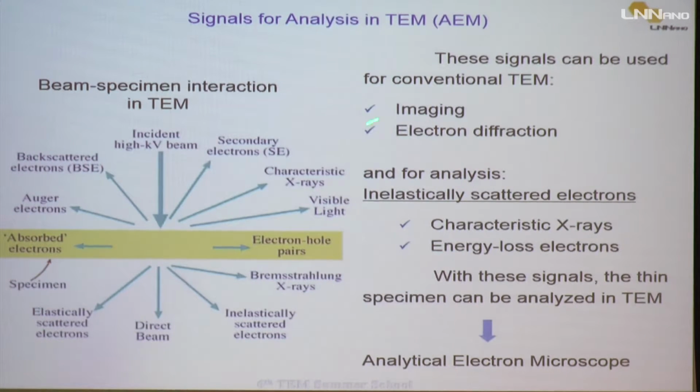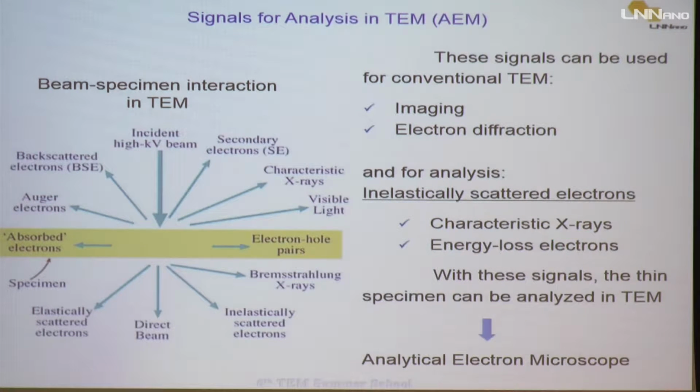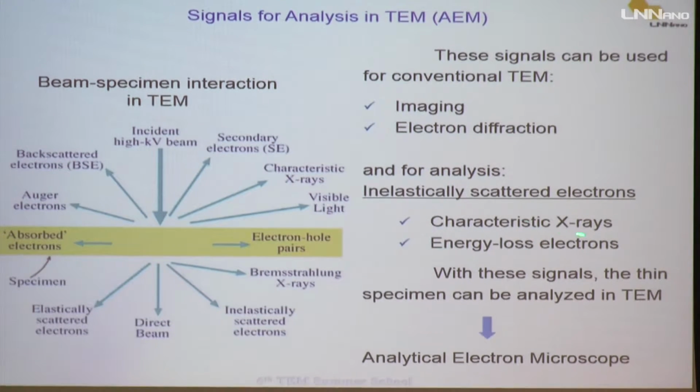To do analysis of the material, to do analytical electron microscopy, we can use two types of signals, and some others, of course. We can do cathodoluminescence and so on, but the main signals that we can use are the characteristic X-rays and the energy loss